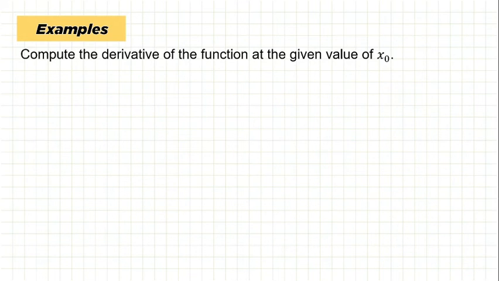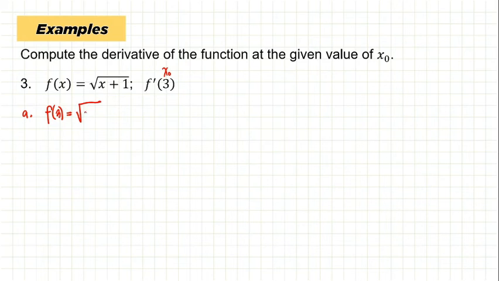Now, for the last example, we have f of x equal to square root of x plus 1, and we will find f prime of 3. So, our x sub o here is 3. Okay? So, first step, same as before. We need to solve for f of x sub o. And since our x sub o is 3, we will solve f of 3. So substituting 3 to our x, we will have square root of 3 plus 1, and that is equal to